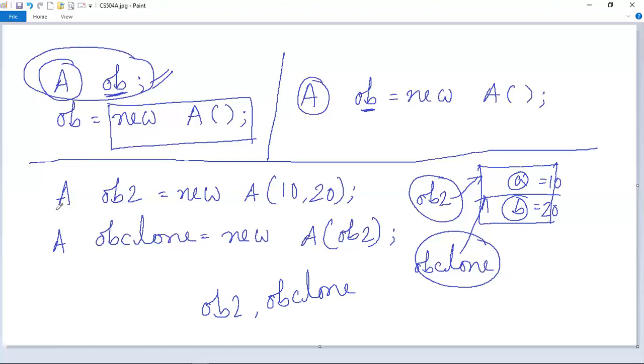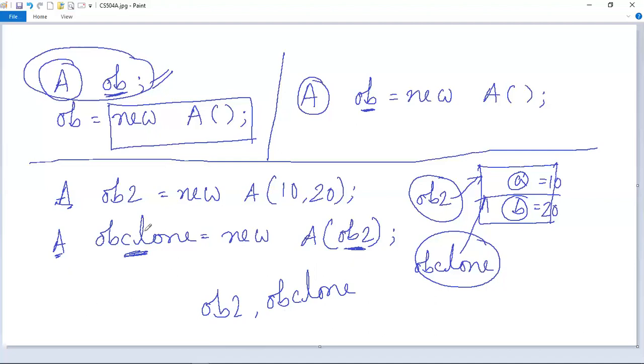The class name is A and the class members are only two, A and B. So the copies of the class members A and B that have come into OB2 will be exactly same with the one of the object OB clone, because OB2 has been passed as parameter while creating this object OB clone.